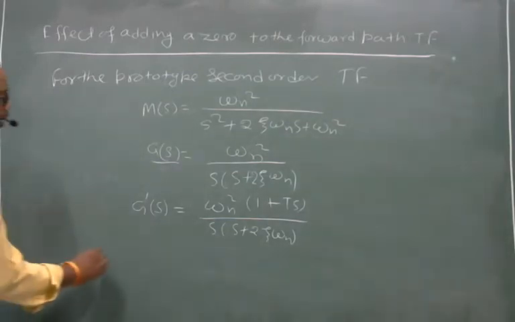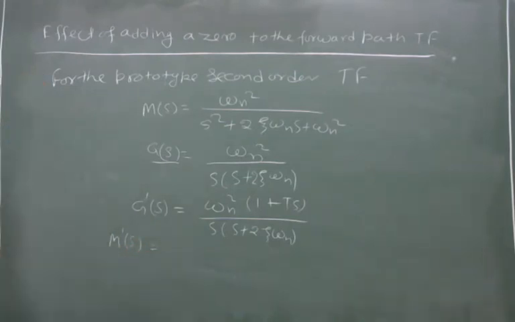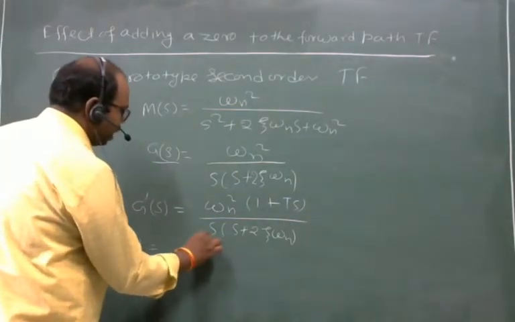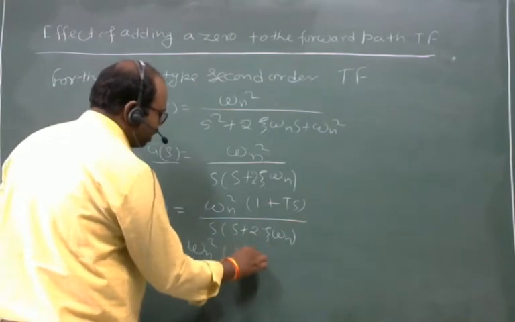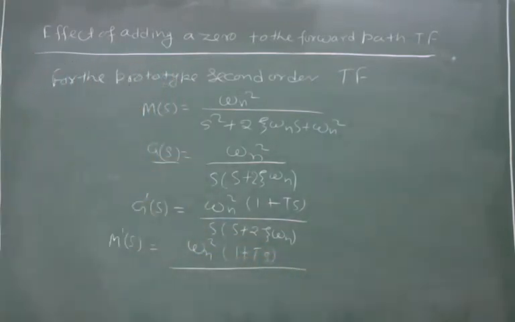And the M dash(s) becomes omega n square (1 plus Ts) divided by